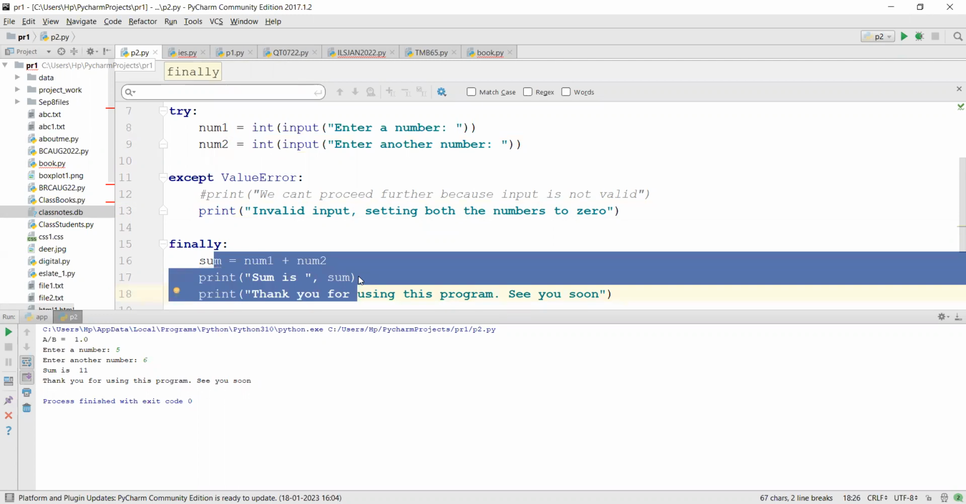If you don't have logic to give, in this logic I don't have anything to give in else, so I will not give in else. But try and except are compulsory. So this is how you can handle errors. What I was telling you, these are small features. These are part of